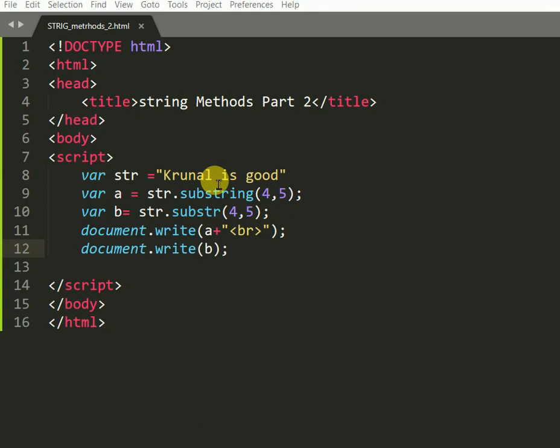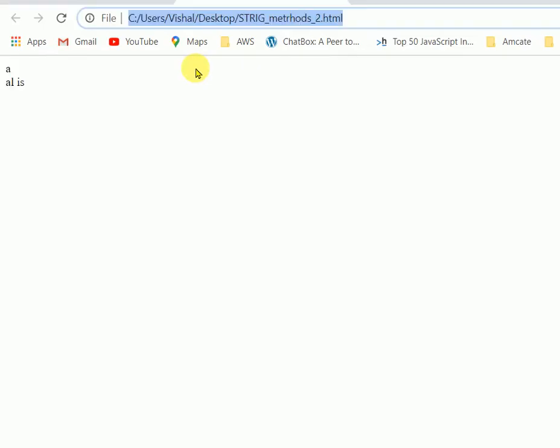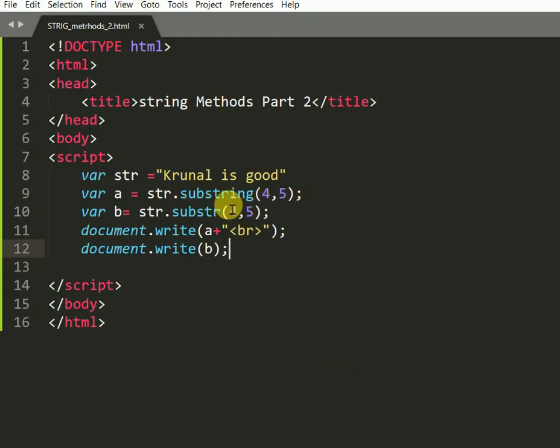So it starts at a, then 1, 2, 3, 4, 5, and finishes at s. So we will see the output. We got the output a and alis. We will see that in our program.